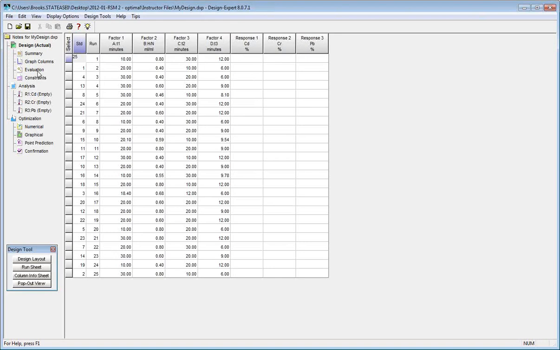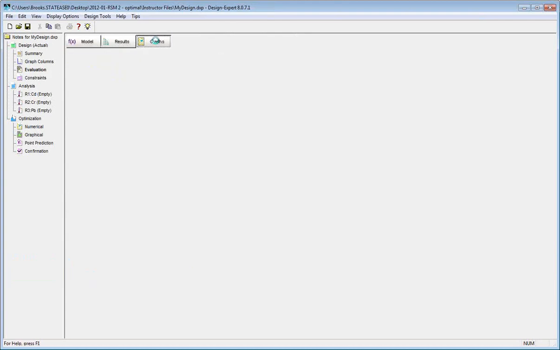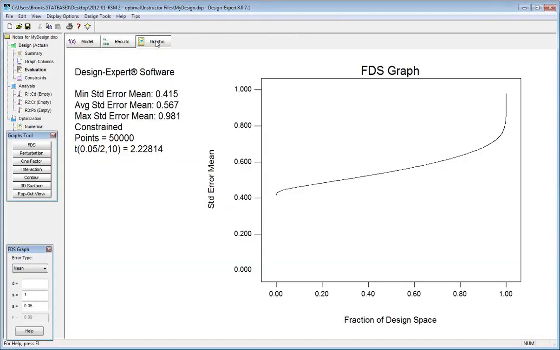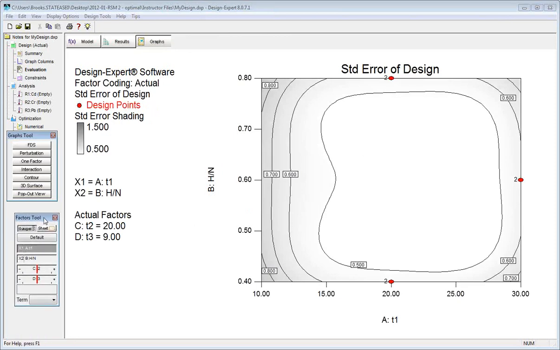So let's take a look at the design real quickly. On the evaluation button right here, if you click on the graphs, you'll see the FDS curve, and that quantifies how precise your design is. We're trying to minimize the area under this curve when we pick those points. But let's go to the contour plot, and let's look at how those constraints were implemented, because that's the key